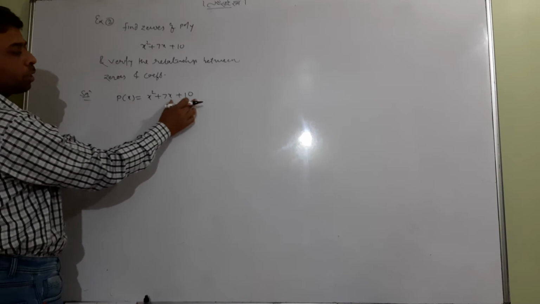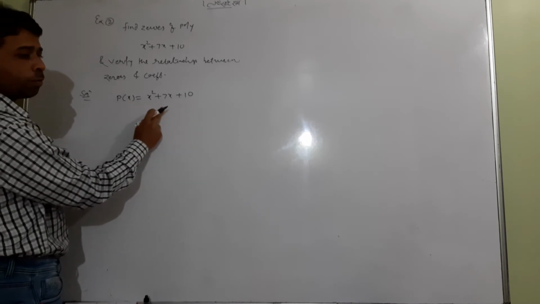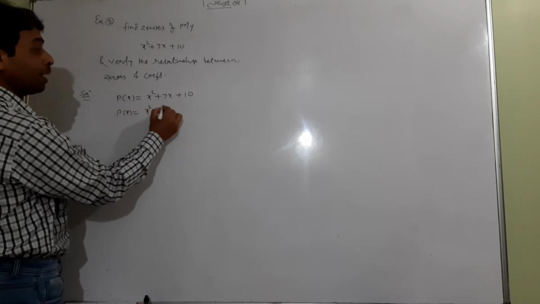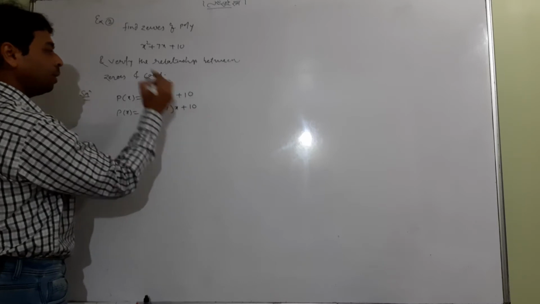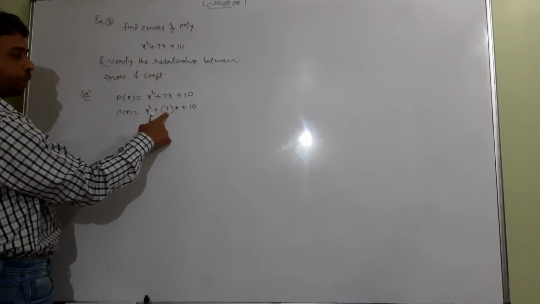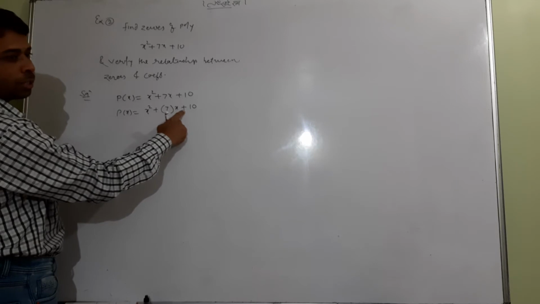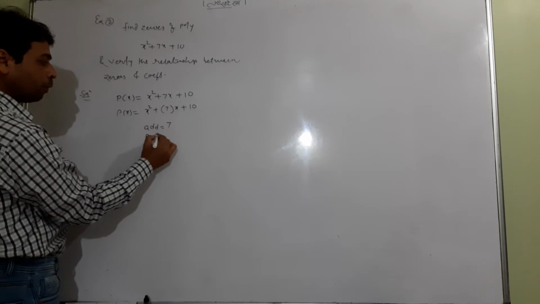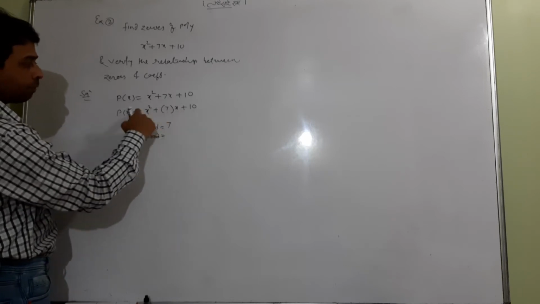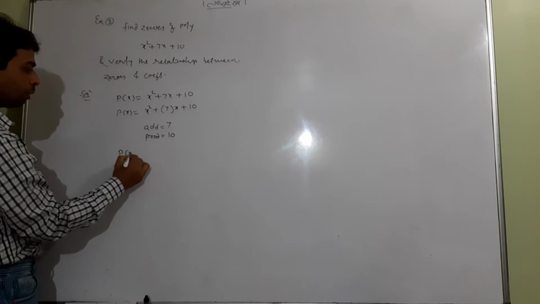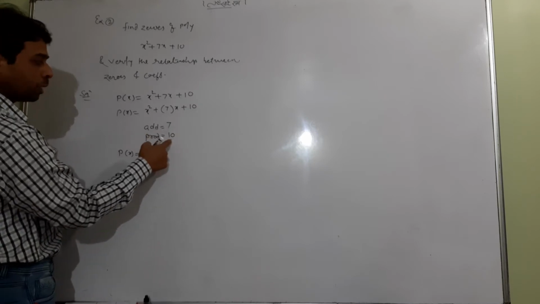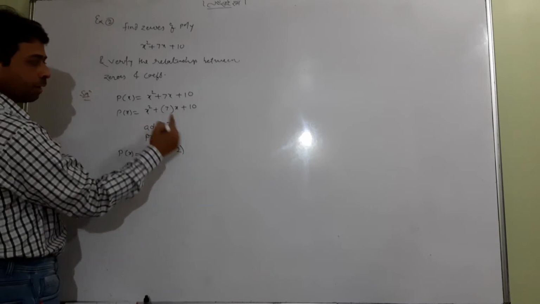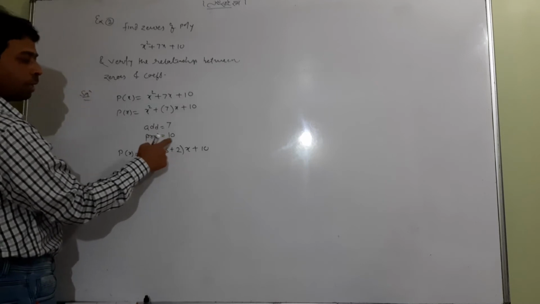First you have to just judge what this is. This is a polynomial, and which kind of polynomial is that? Quadratic polynomial. So first of all, what do you do? This is middle term splitting. As a normal method, I would write 7 in a bracket, then split that 7 in addition sign. So the addition of the middle term will be 7, and the product will be 10, 1 times 10 is 10. Such two numbers whose addition is 7 and whose product is 10, one can simply predict it is 5 and 2. 5 plus 2 is 7, and 5 times 2 is 10.